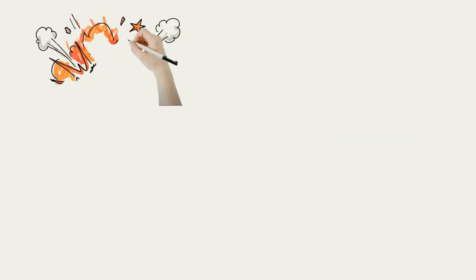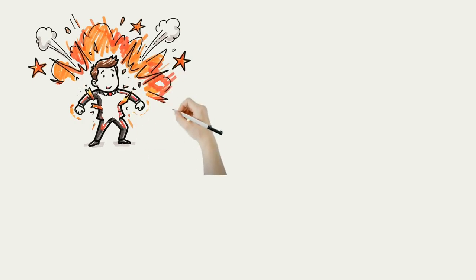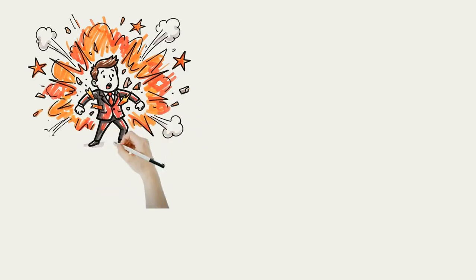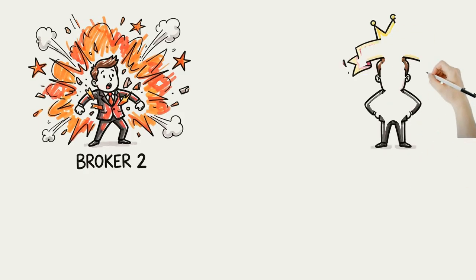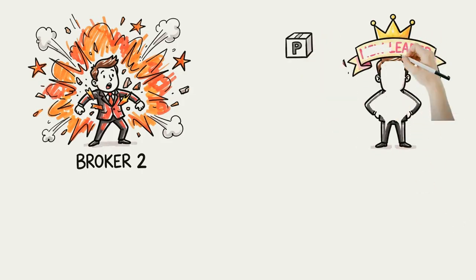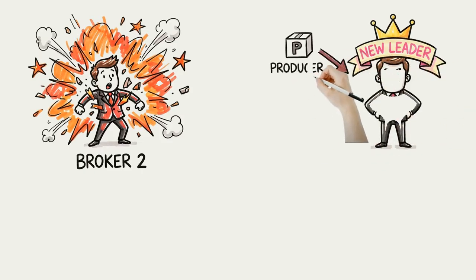Now, back to the disaster. Broker 2 explodes. It was the leader for partition 1. Here is what Kafka does next, and it usually happens within seconds. First, Kafka detects the leader is gone. Then it checks which replicas are still in the ISR set. Suppose Broker 3 is fully caught up. Kafka promotes Broker 3 to become the new leader.